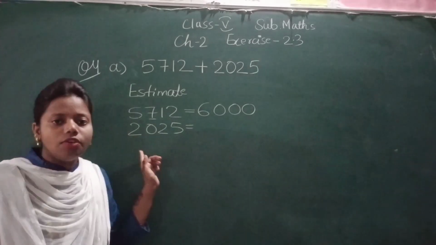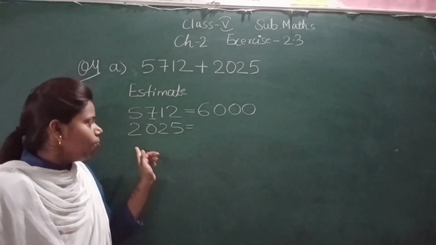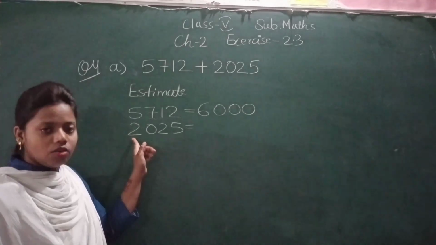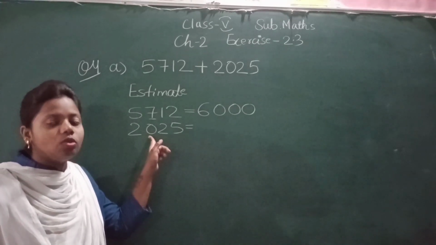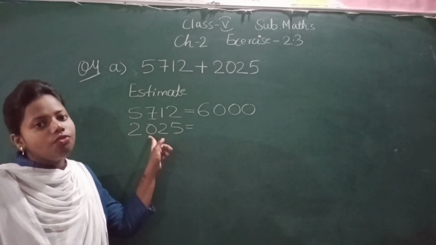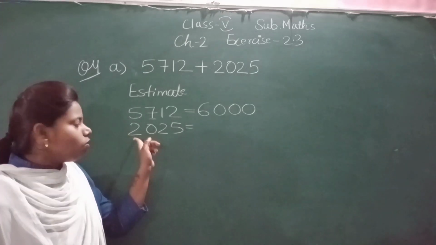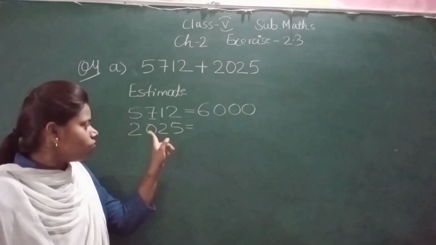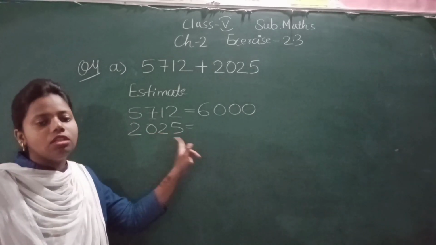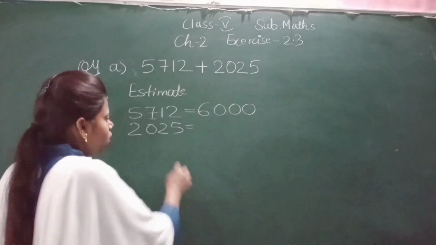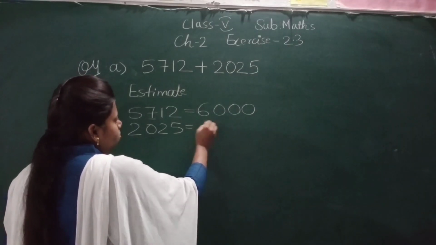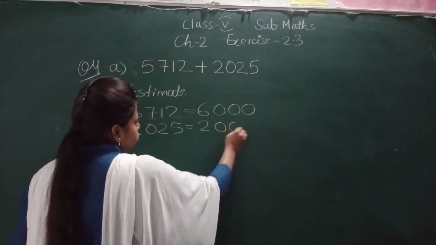In the same way, let's round this one also to the nearest 1000. Before this is the thousands place and this is the hundreds place. Can you see it is 0, not more, not less, not equal to 5. So we don't have to change anything in the thousands place. We will just replace these 3 places with 0. This 2 will remain the same and the rest will become 0, 0, 0.